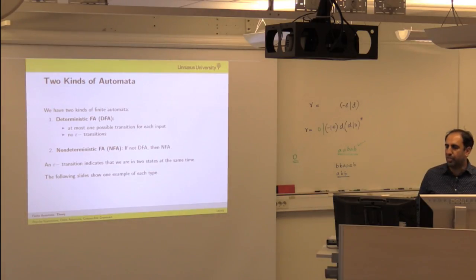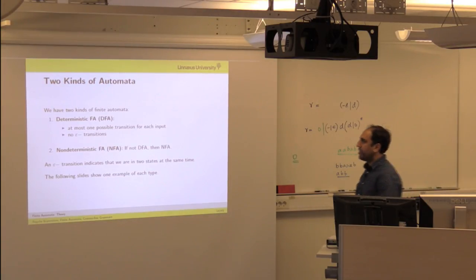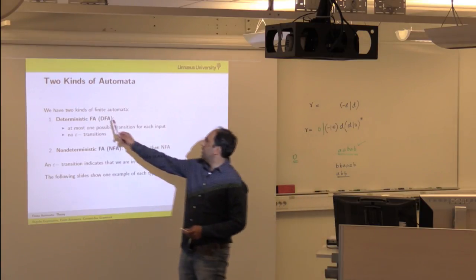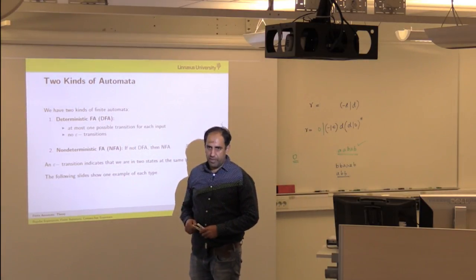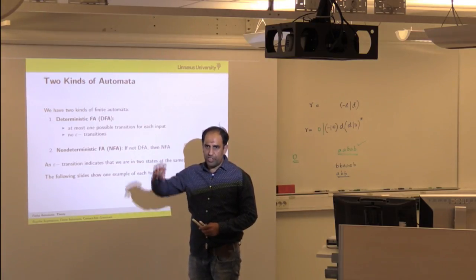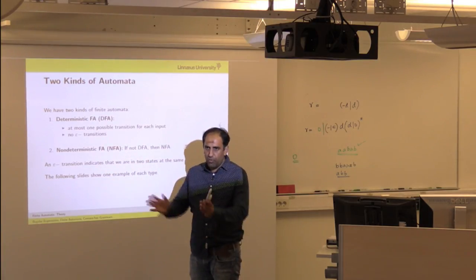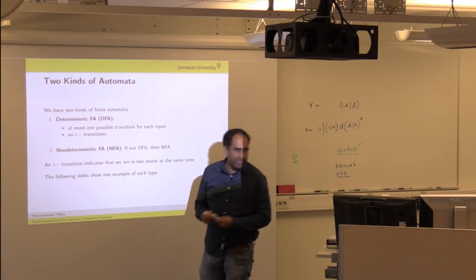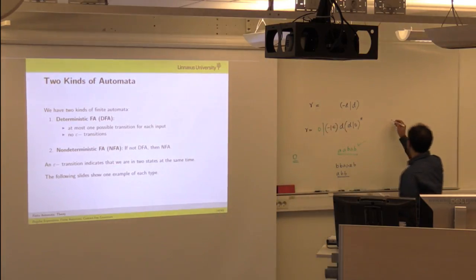The difference between the two is that in the deterministic finite automata, we will have at most one possible transition from one state to another state. From one state onward, we will have only one possible transition. It means like if you have a